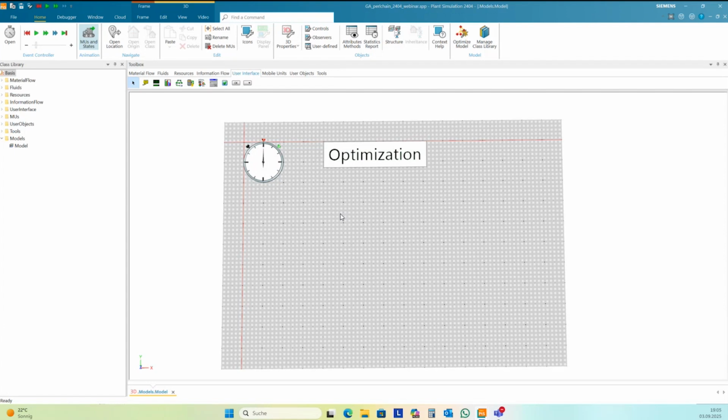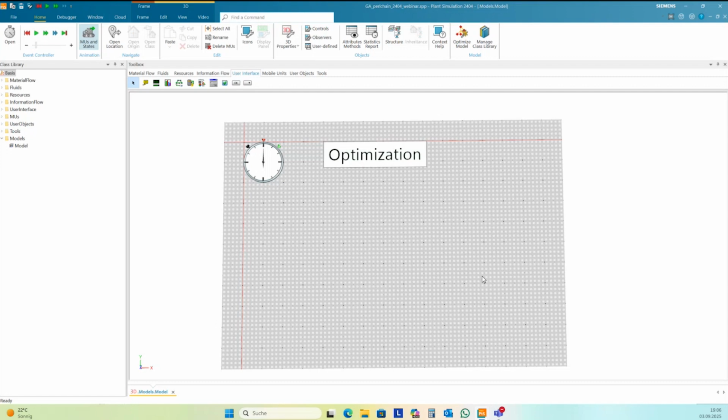If you have one bottleneck in your production, maybe you can do some in parallel. And such a kind of production I want to show you today, and how to optimize the sequence using the genetic algorithm in plant simulation.